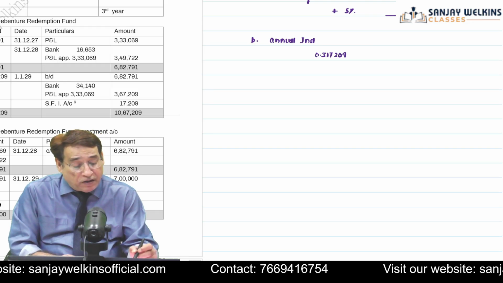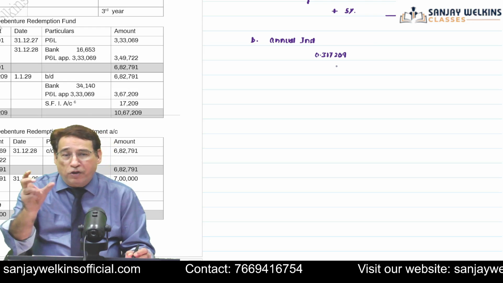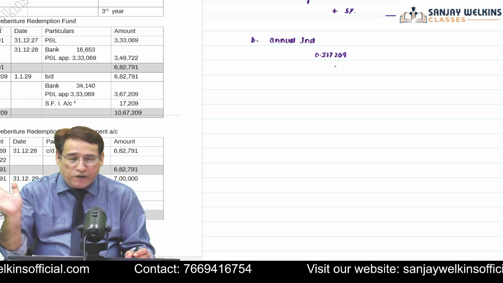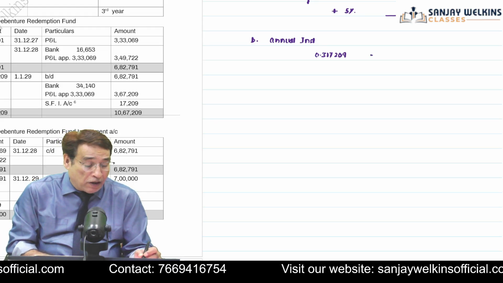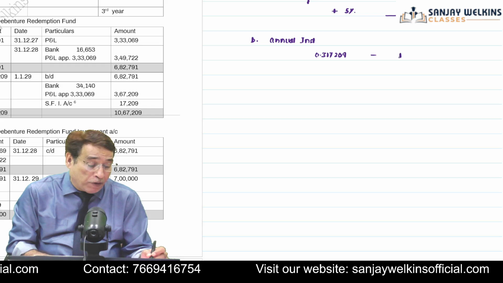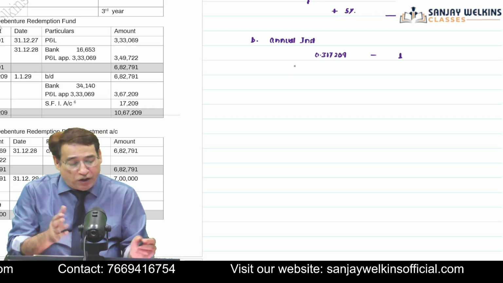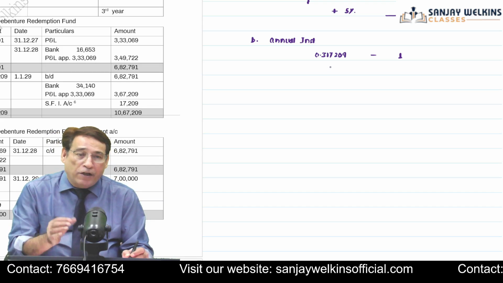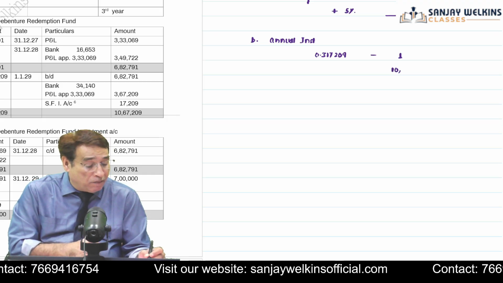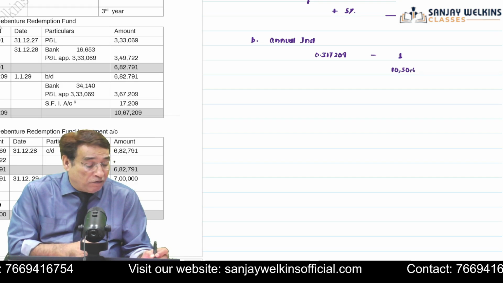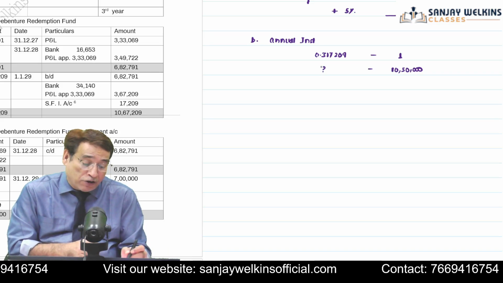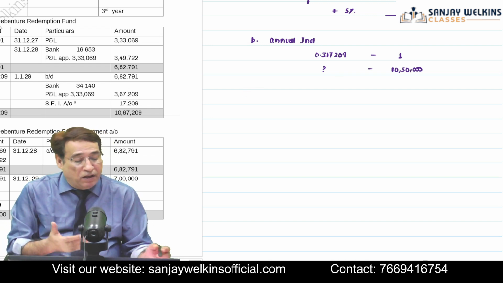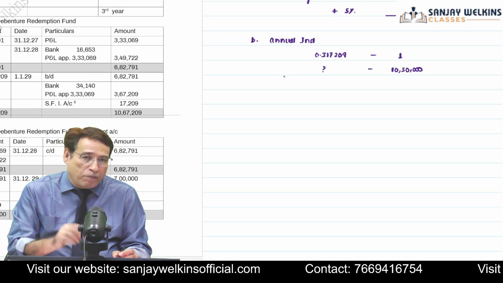So 0.317209, if you invest today, and for the next 3 years you receive interest of 5%, then this amount will become equal to rupee 1. So with the help of this, now you can find out how much you should invest today. Because we want that our investment should become equal to 10,50,000. Because we require 10,50,000. So how much amount should I invest today? Technically speaking, I could have told you in a much simpler manner to simply multiply this figure with 10,50,000 to compute the amount of installment.